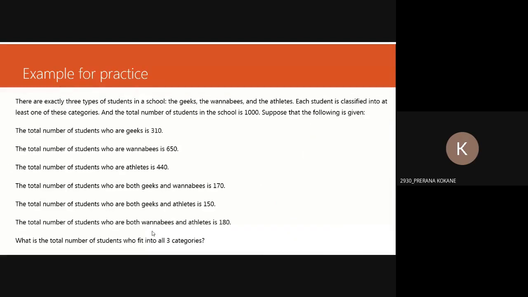So go with this one. This is for your practice. You need not write the entire example. Just write down the cardinalities and start solving and find out what you want to calculate. If anyone is having any doubt, ask me. I'm here. While others are solving, we can discuss.